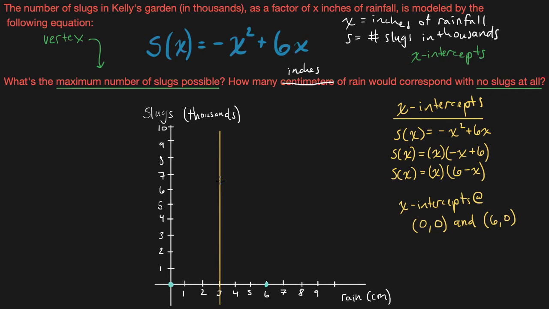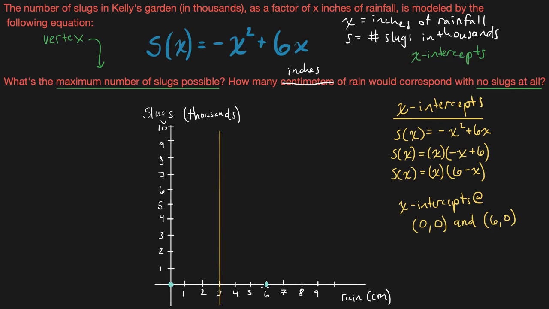This will be the line whereby the parabola will be a mirror image on either side of this line. And that's just because it's halfway between my two x-intercepts. All right, so if I know that the x-intercepts of my parabola are (0, 0) and (6, 0), in other words, where x is equal to 0 and where x is equal to 6, those are the points where I will have no slugs at all, because that's where the parabola is going to cross the